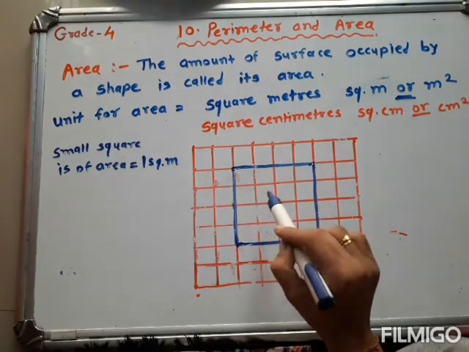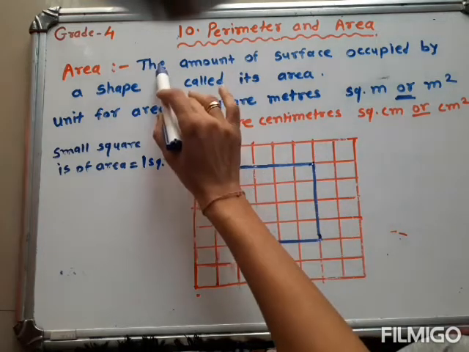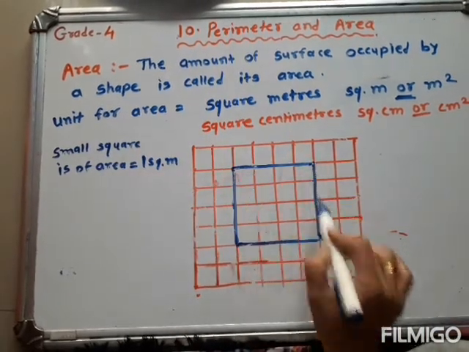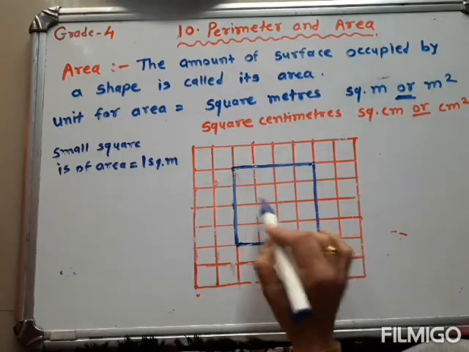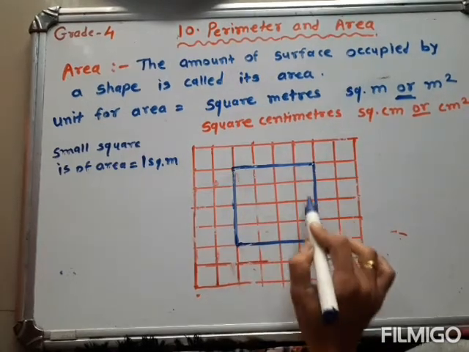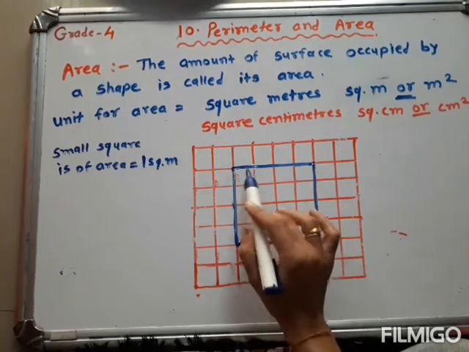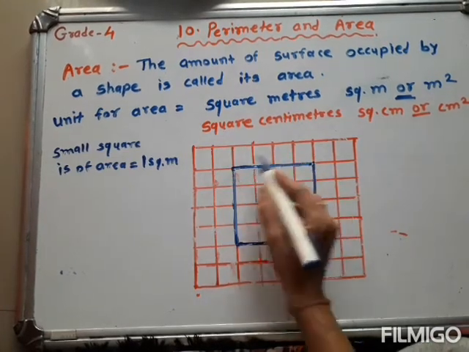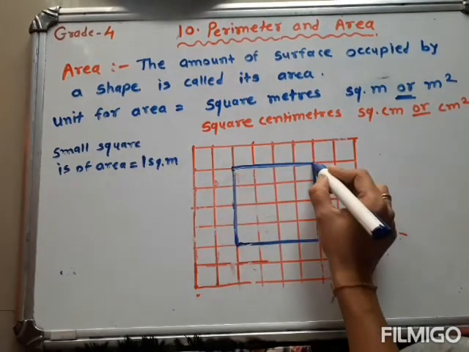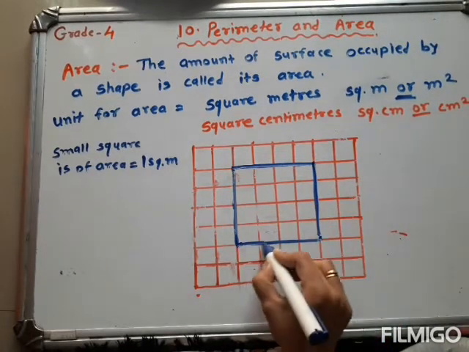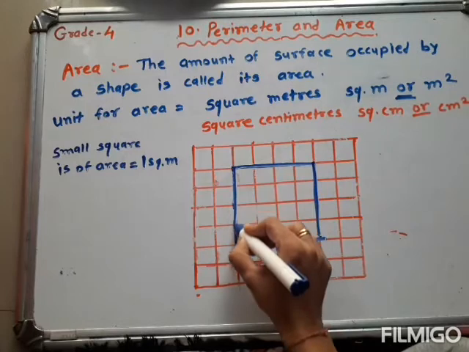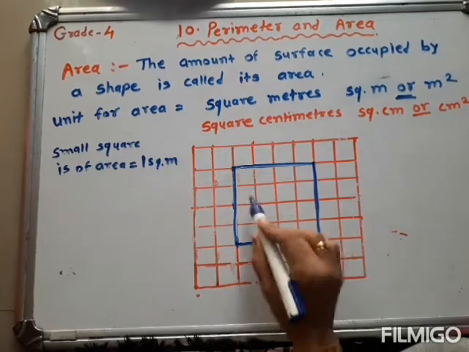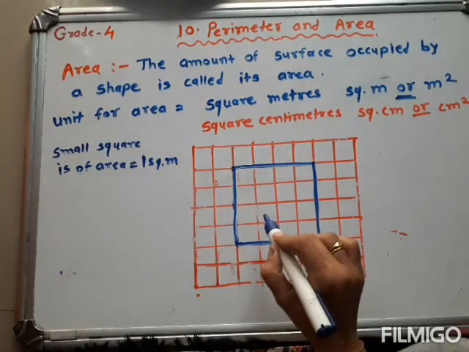But today we find the area. And what is meant by area? The amount of surface occupied by the shape is called area. See, this is the shape and the amount of surface inside this shape is the area of this figure, and this is the perimeter. What is the difference between perimeter and area? This is the perimeter, the border, only the border. But the space inside this figure, all this space, is called area. So today we count the area.